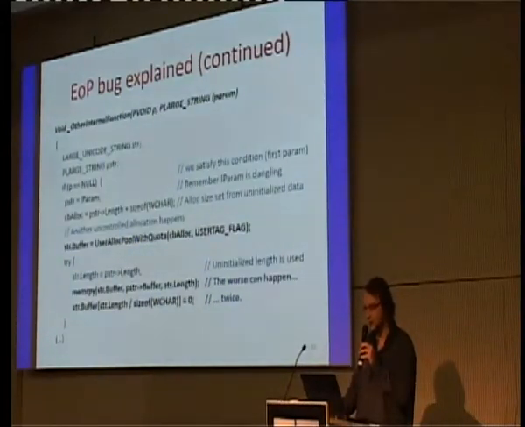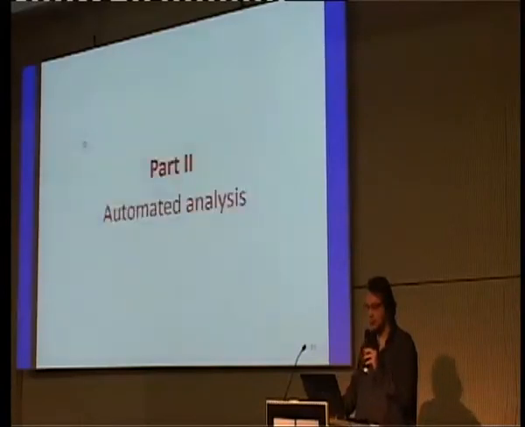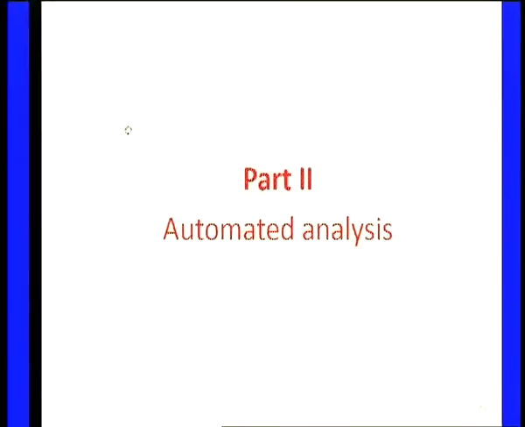Is this example clear, or does it need any more explanation? Clear? Okay. So we're done with the first 2 examples. I have a couple of additional examples at the end for near zero locations, but I want to switch to the automated analysis. So the technique we've been using, the theorem prover HAVOC,